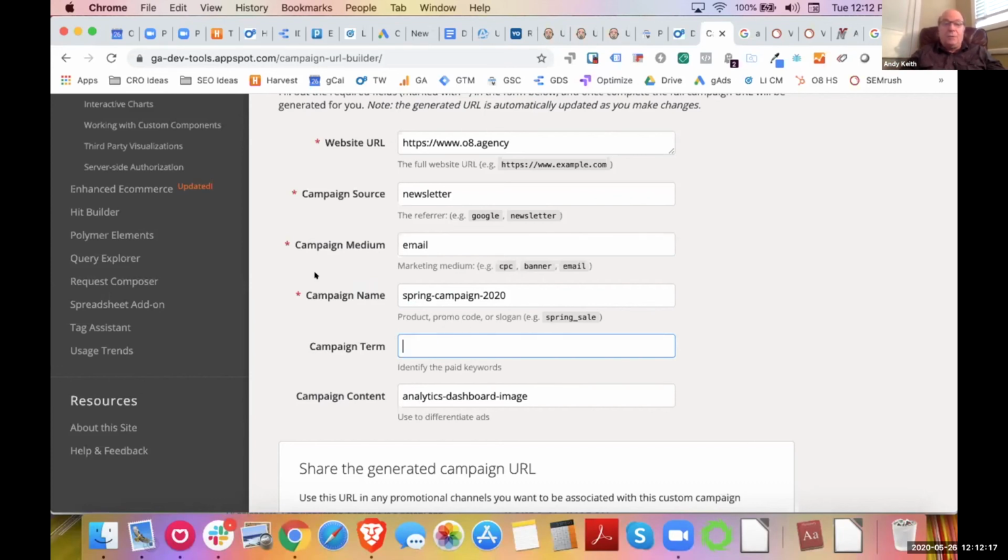You don't have to. You'll notice that these are all required, but these 2 are not. These are purely optional, but they're very useful to use, particularly campaign content. So here, for example, we talked about the idea that it can be used to distinguish between 2 different types of campaigns. So let's say that one of my